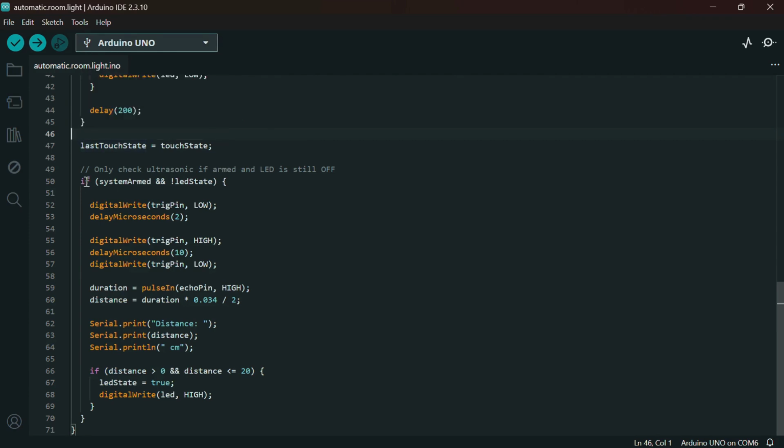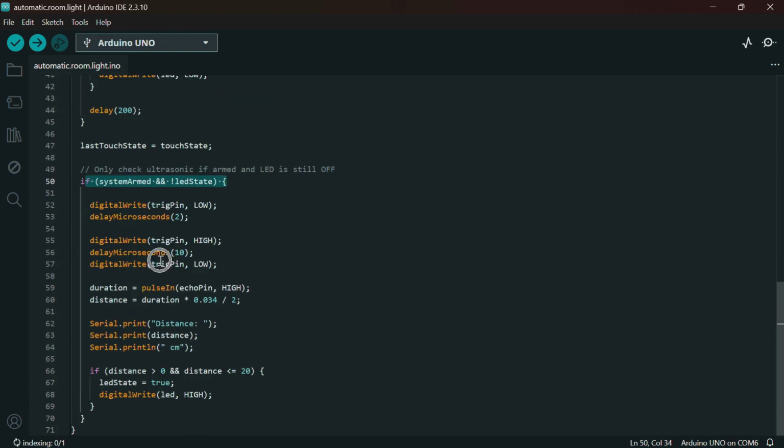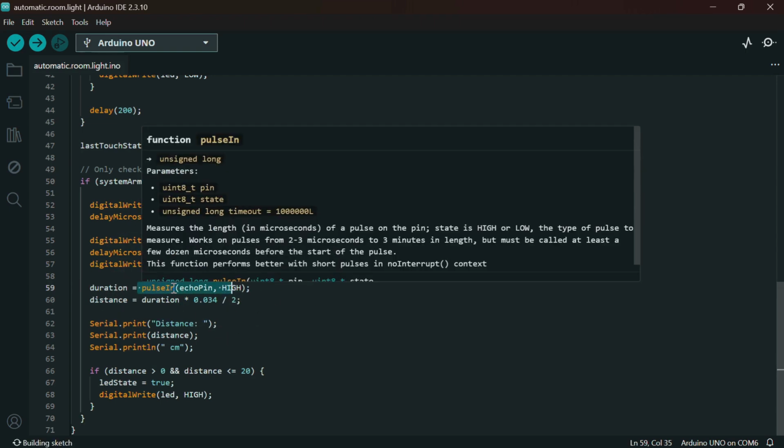And here, for system armed and LED state, this was for when there is no current flowing. Now we'll be defining when there is current flowing. So the trigger pin will be low and the delay will be 2 microseconds, and then the trigger pin will be high and the delay will be 10 microseconds. If the trigger pin is low, the duration will be calculated in pulse. So pulse means